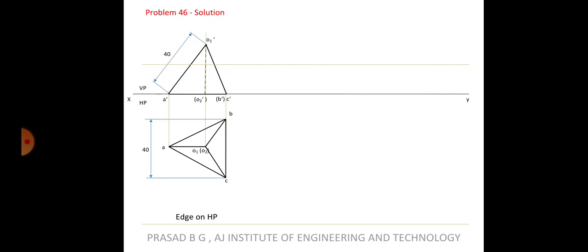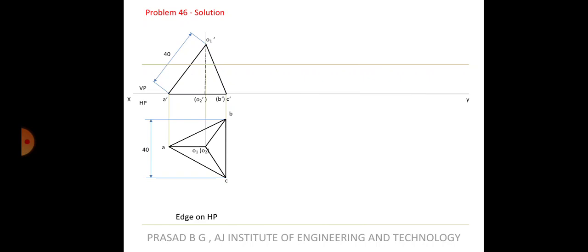Two things are to be remembered. The base side of the tetrahedron will be given to you, so you will draw an equilateral triangle of that particular dimension, 40, 40, 40, on the base. Next, you will take the center and project it upwards, and the axis height is not equal to the base height. You will take the slant edge which is parallel to the XY line. From there you will take 40 and cut the arc and get the front view. Join the other part and get the front view. Alright.